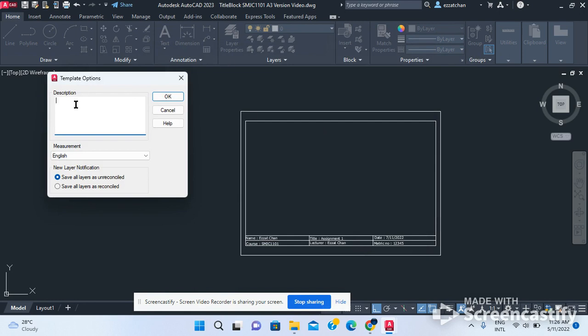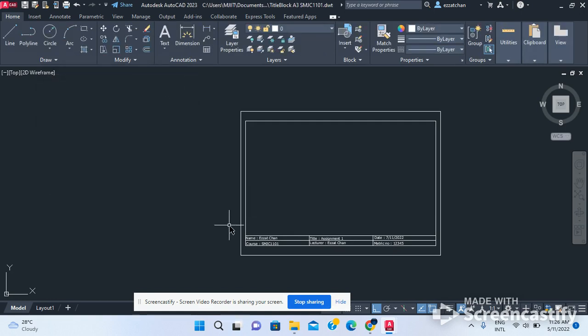So the description, maybe you want to put A3 size version, title block. All right. So you just say all right. So you are done. You already got your title block template done. So the next step I'm going to show you is how to put your drawing into the title